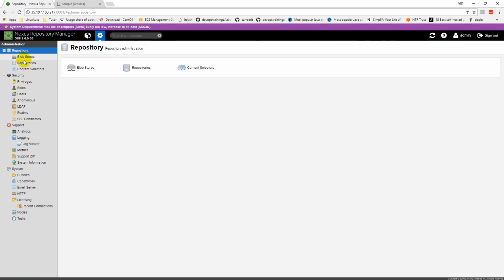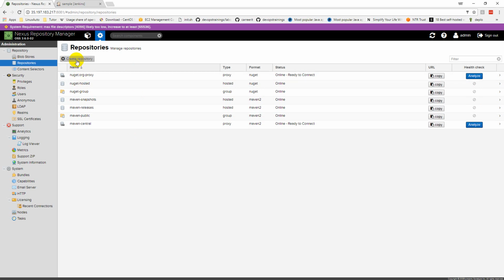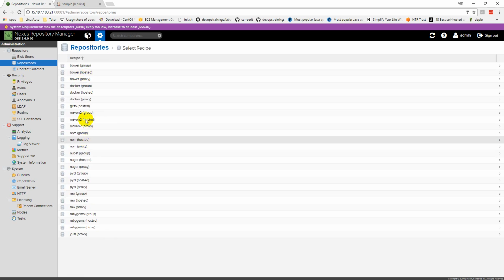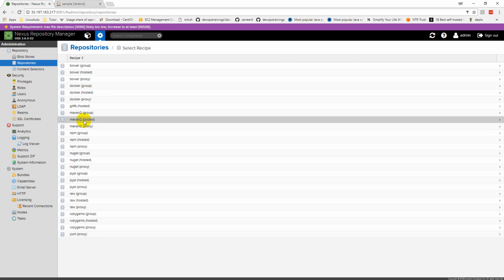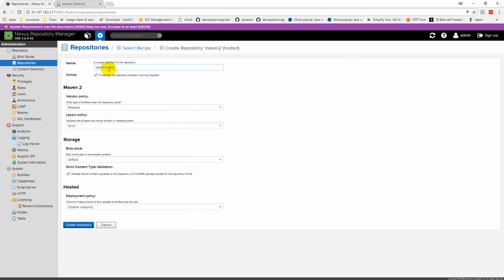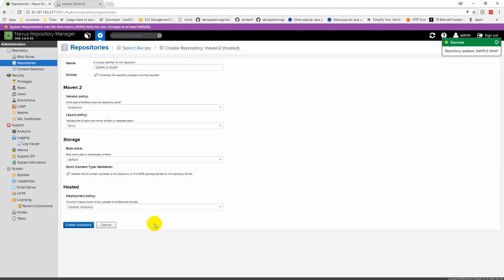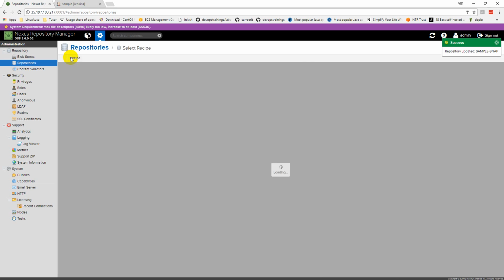and here I have the list of repositories which are already available, and I would like to create some. So here we're just using Maven 2 and the hosted type, and I can give my project any name, and I'm using it for snapshots. As we are using it for snapshots, I'm going to select the version policy as snapshot, and just create that repository. And then we are going for another one, which is sample release, which is especially for